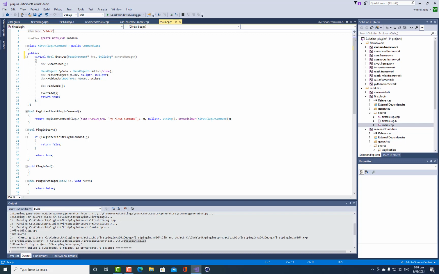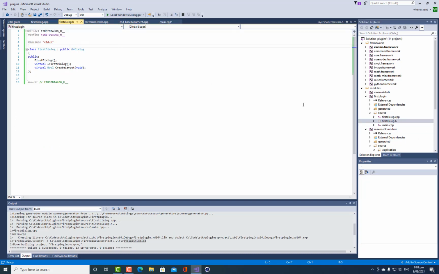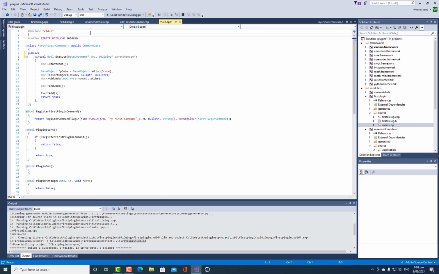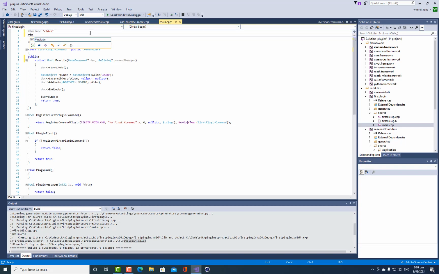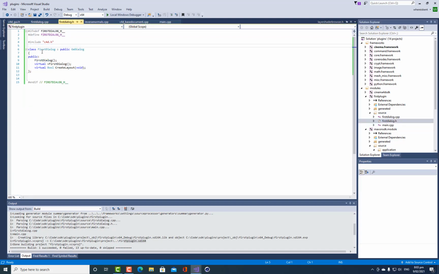Okay, so now we want to add in this first dialog. So to do that, in main, we come up to the top, we type hash include, and in quotes we type first dialog. So it's now told this main file to load in the header file for the first dialog. So we get this interface here